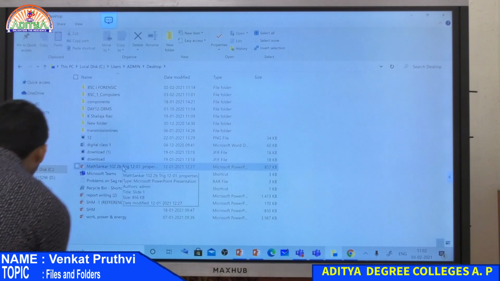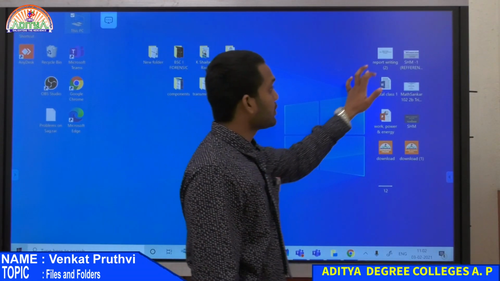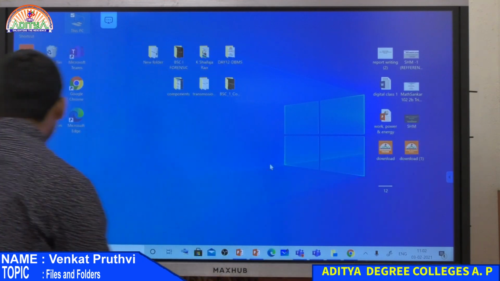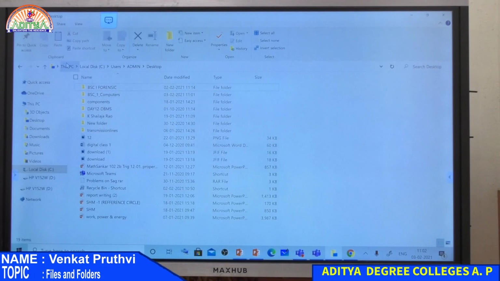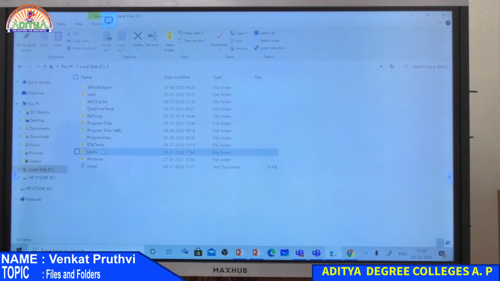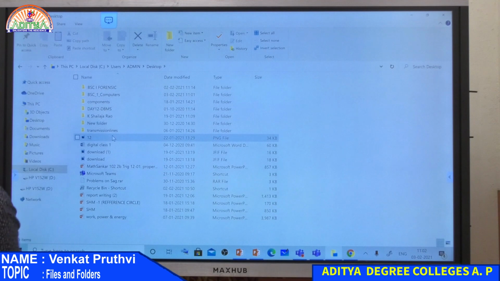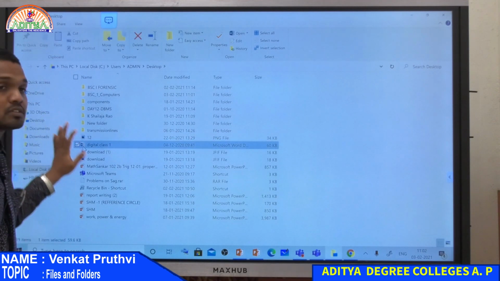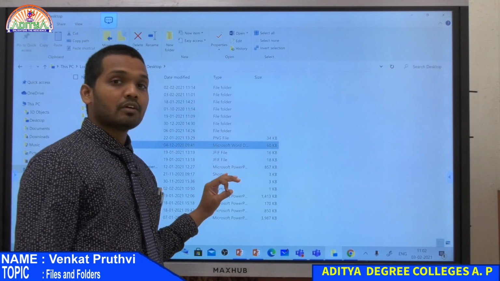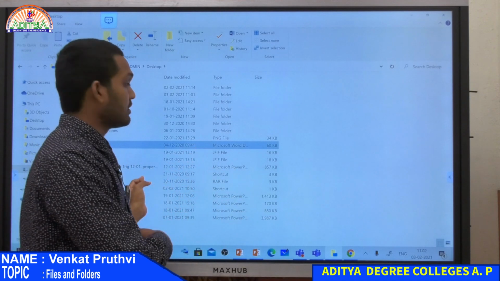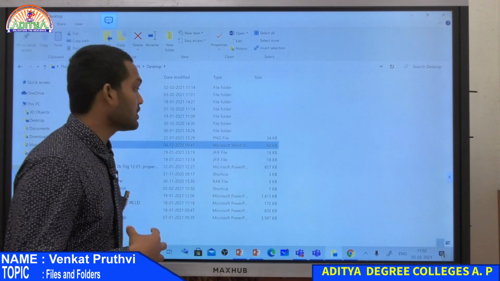Whatever data we have stored on the desktop, whatever icons you have, let's say report writing, SHM1, digital class 1, math Shankar 1 or 2, all these files are located in your My Computer. In this PC, if you go to the C drive and to users, in admin you are able to see desktop, right? If you click on desktop, you see the same thing, digital class 1. All the files and folders available on your desktop are there. That means desktop is a system location. Whatever you store on the desktop is always stored in the C drive, where you have your secondary storage available.